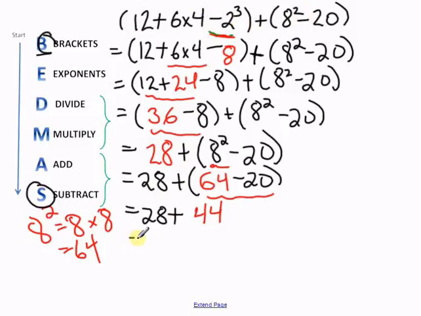And so that's the last thing I have to do. 28 and 40, that's 68, plus 4 more should be 72. Voila, lots of steps. It takes, as you can see here, 1, 2, 3, 4, 5, 6, 7 steps to get to the answer. But if you follow the order of operations, you keep going over and over BEDMAS, inside brackets, inside other sets of brackets, until you have those brackets figured out down to one number,